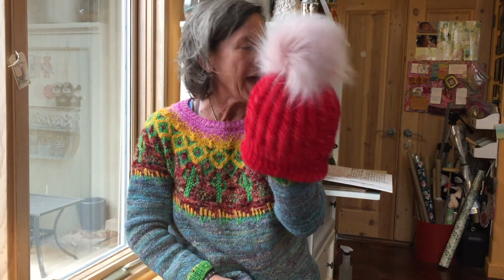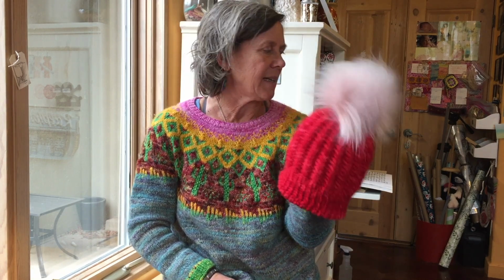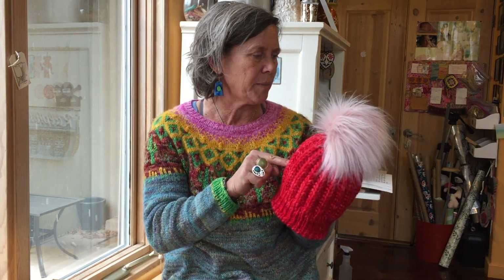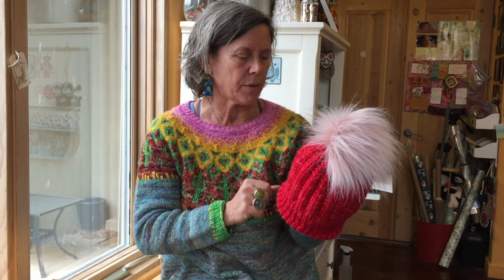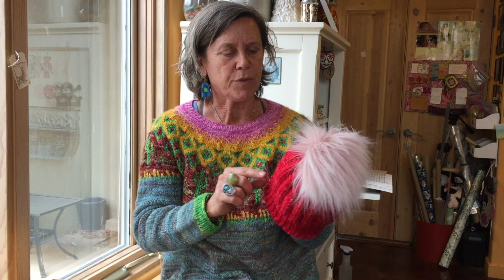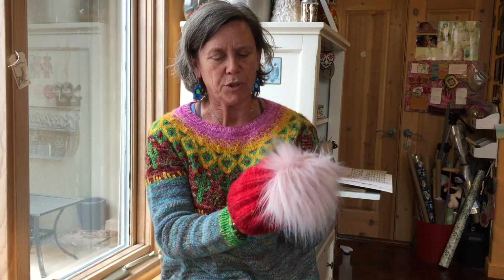And I was hoping to get that done with her. The pattern is written. The name is Trail Runner Hat. And the last thing I need to do is I caught one mistake, and now I have to correct that on the computer. And also, of course, I need to put a picture in